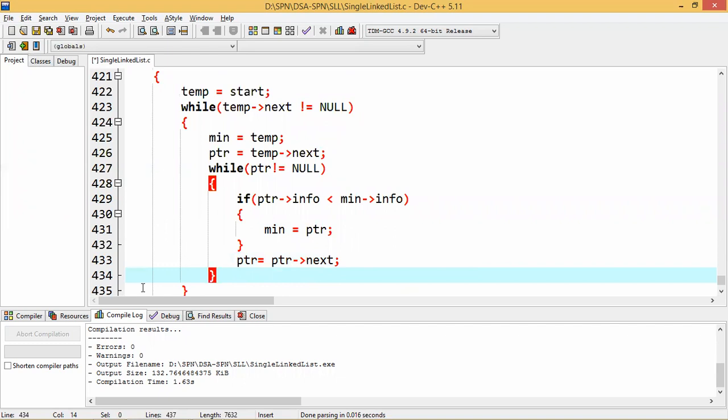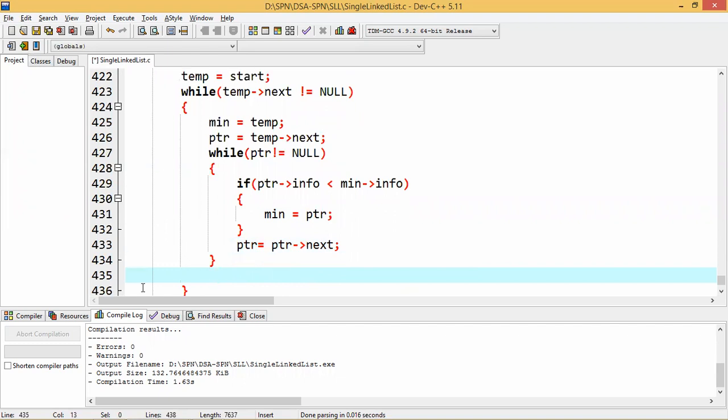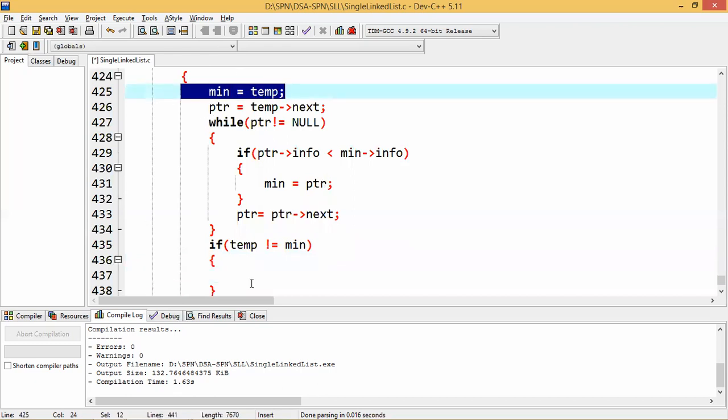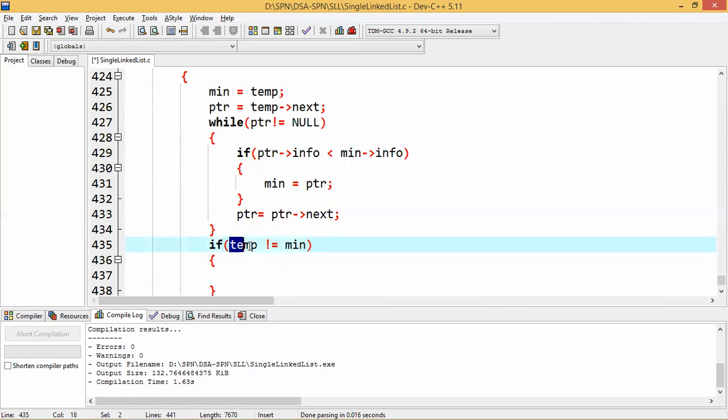Done. So when my while loop is over, meaning the first iteration is over, I have to check whether whatever I have assumed is still the same or not. I have assumed that min is my temp. After comparison, I'm checking whether the same assumption is correct or not. If not, then I need to swap the values.